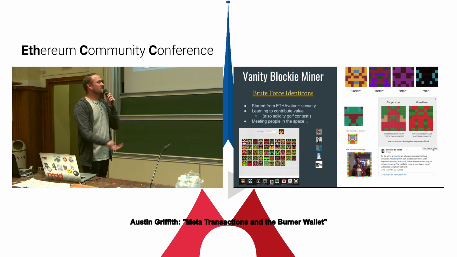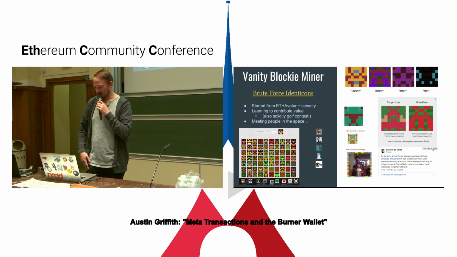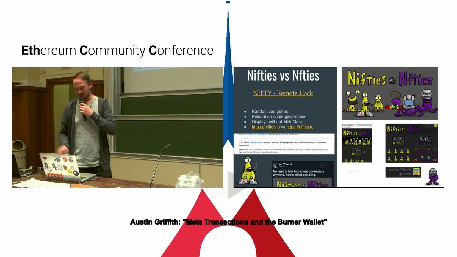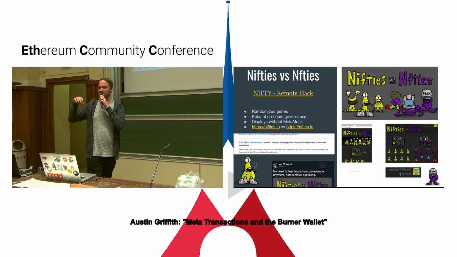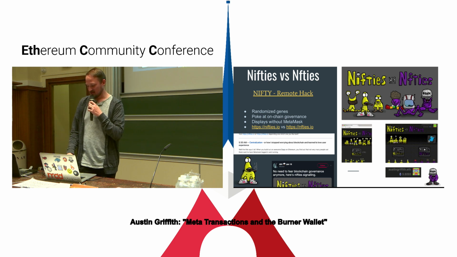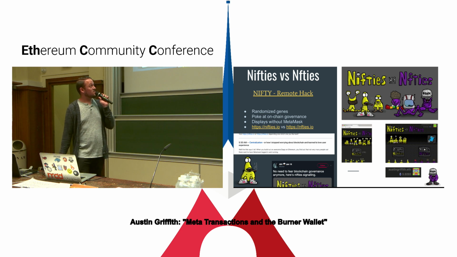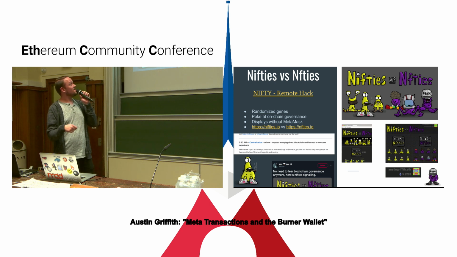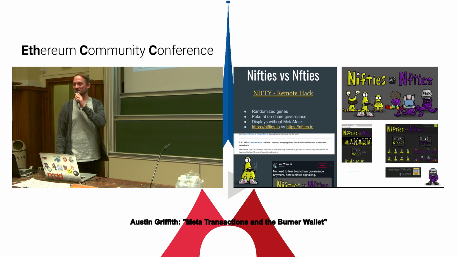Let's find something that someone might need. I made a blocky miner, for the little Ethereum identicons, that mined them. It didn't really do anything, it just mined blocks, but did pixel-to-pixel comparison and tried to show that the security wasn't the best with blockies, but that's just something that we learn, right? Then I made this hackathon project called Nifties vs. Nifties, whether we put an I in the word Nifties for ERC 721s.